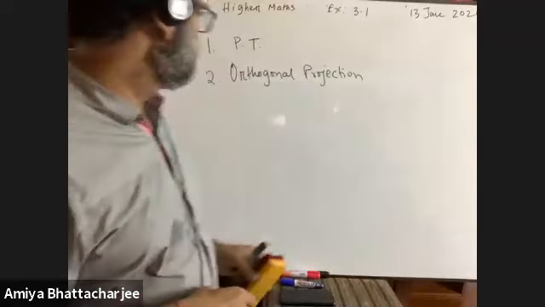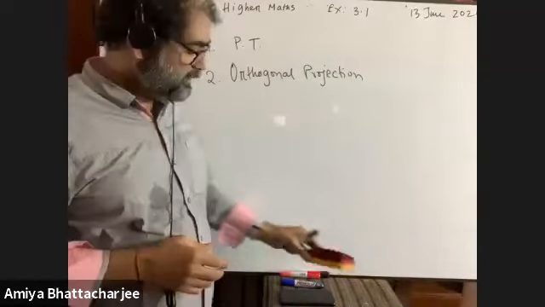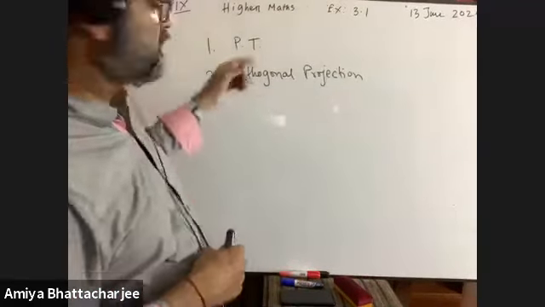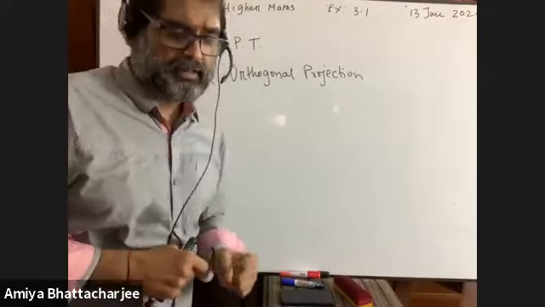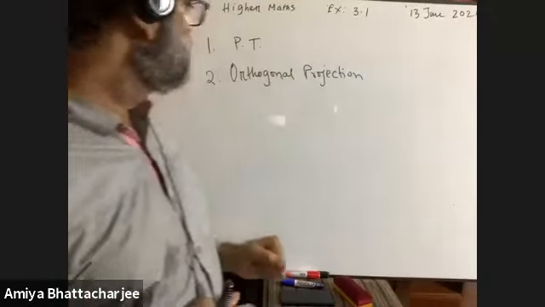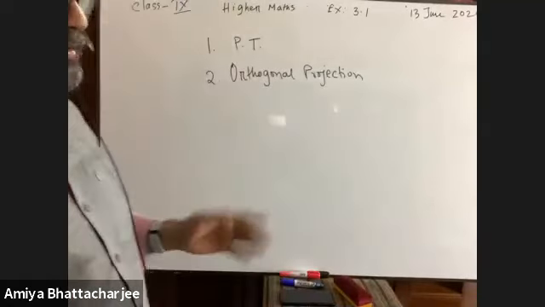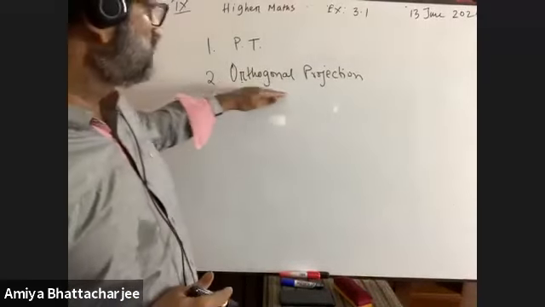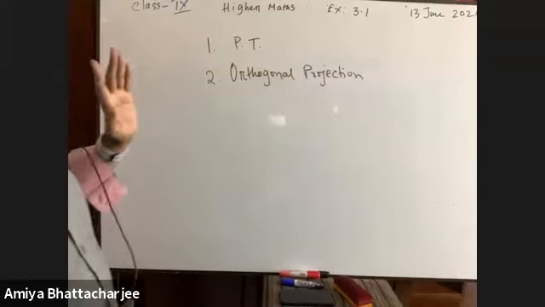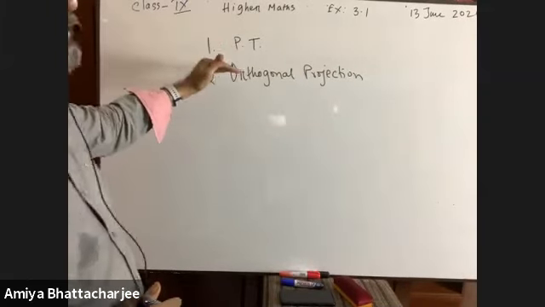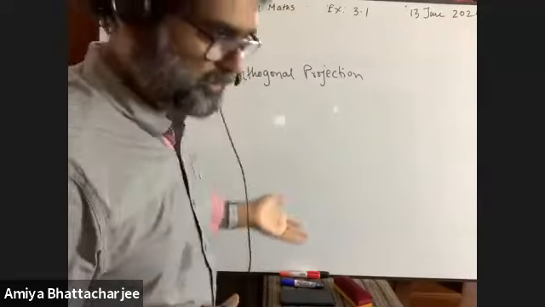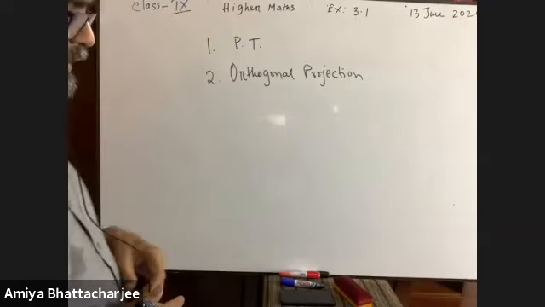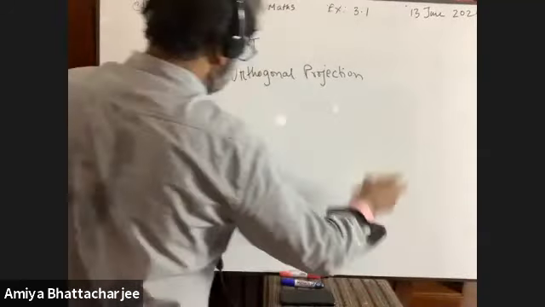Not a matter. Okay. So to prove theorems 3, 4, 5, what do we need? We must have the concept of the Pythagoras theorem, number 1 condition. And secondly, we must have the concept of orthogonal projection. Now, we will have a long discussion on this orthogonal projection, because you already have come to know the applications of the theorem of Pythagoras, and you have been doing it since class 8, 2020. Okay, now orthogonal projection.